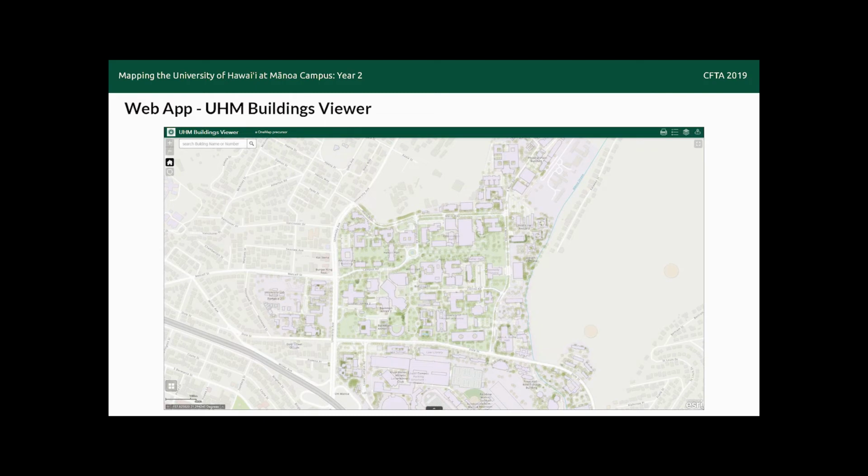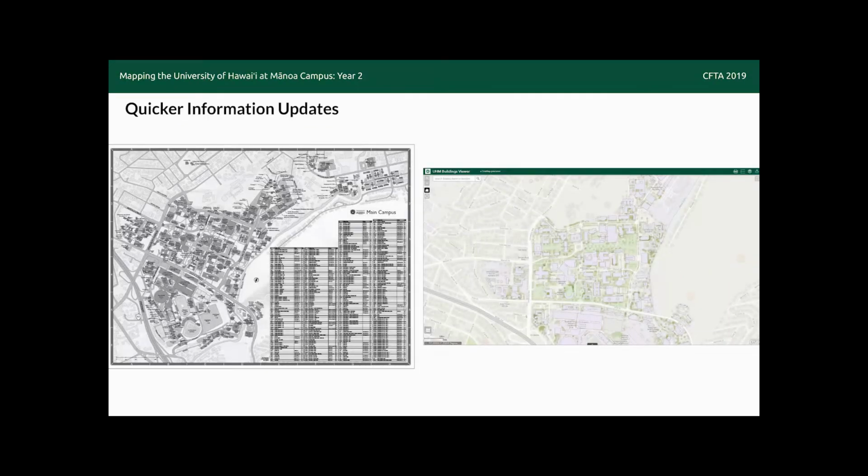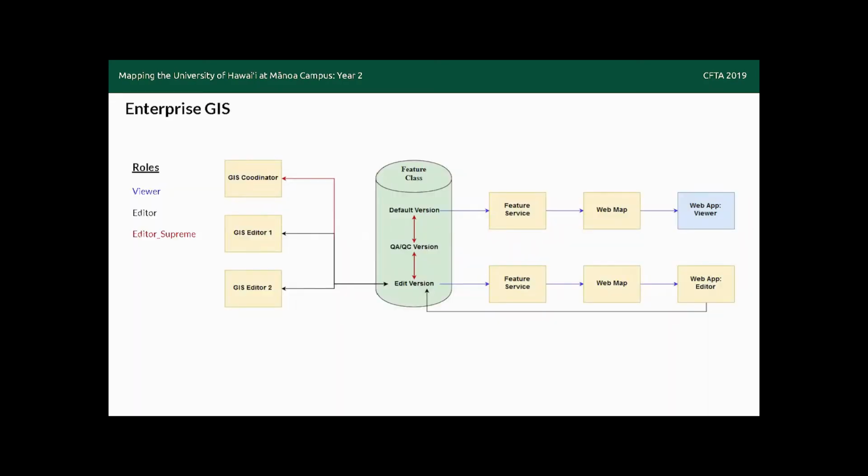Sorry, internet is a bit slow. But yeah, it's pretty much how it works. We can search by building number or building name. So it replaced this PDF, which is very static. And also,